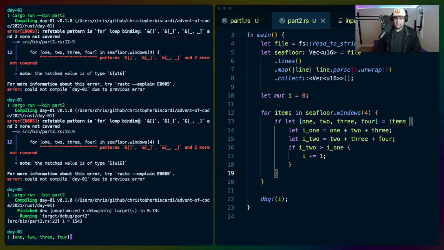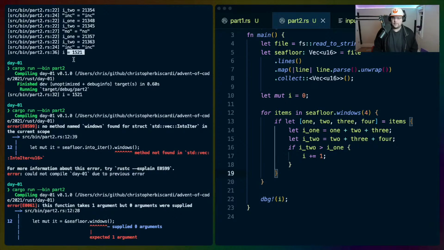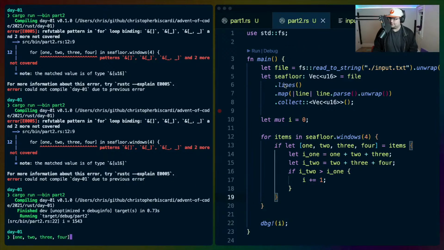Is 1543 the right answer? 1543 is not the right answer. 1521 is the right answer. So this actually doesn't give us what we needed.